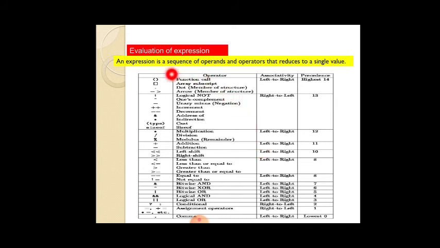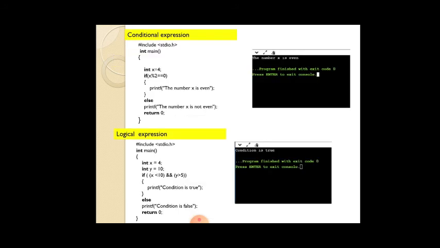Next, you can see evaluation of expression. Once there is an expression, how are we going to evaluate it? According to this, there is a BODMAS rule, which we learned in maths. An expression is a sequence of operands and operators that reduce into a single value. There are some ways of evaluation. You can see function call, array subscript, dot. These are the things which come at top priority compared to other things. First this job has to be done and only then can we go to the next job.